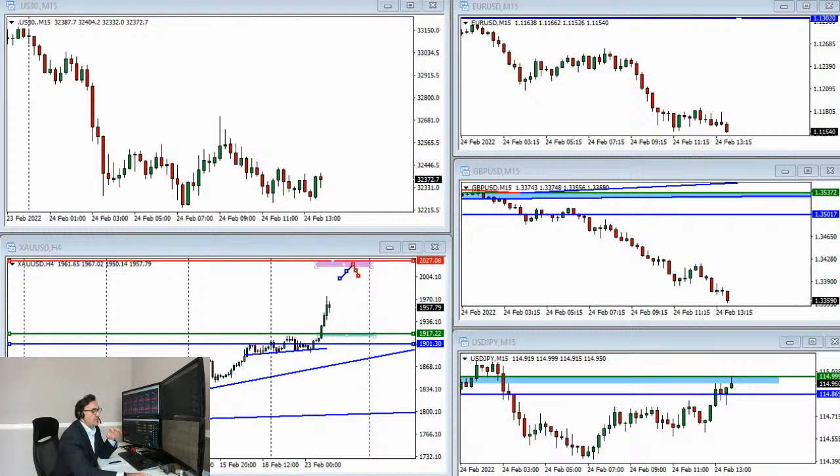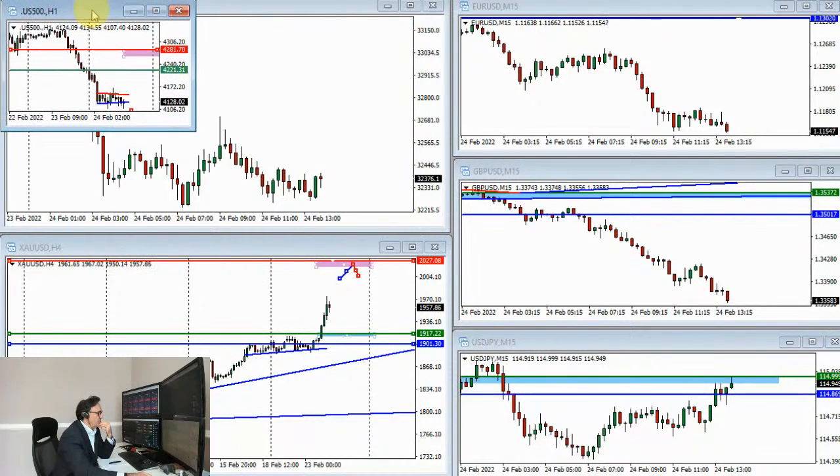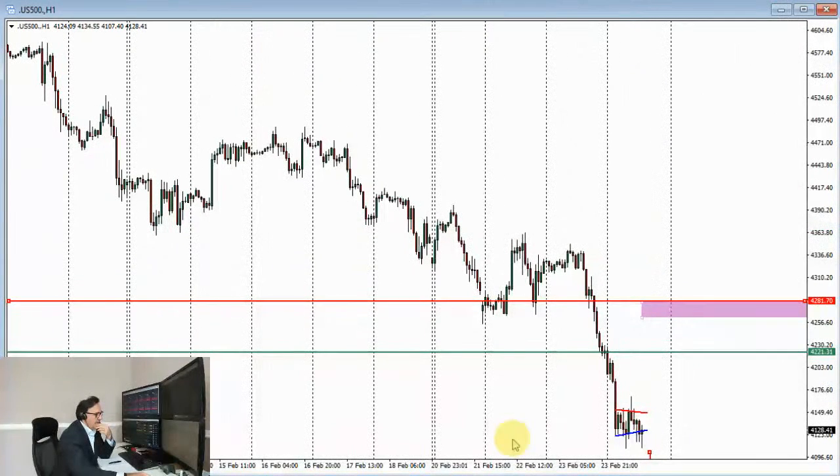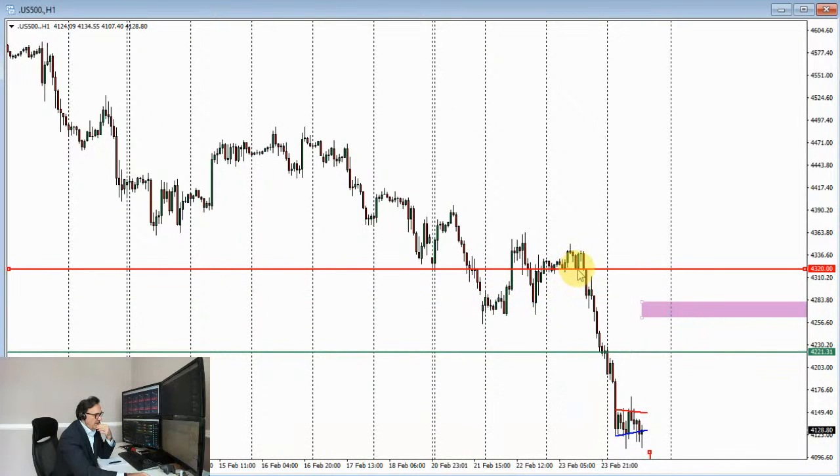I'm pretty much flat at the moment, but I'll go into indices, US indices, very quickly, and I'll show you a few of those. We'll talk about gold, we'll talk about oil, and we will definitely talk about maybe a currency or two, but I'll try and keep this sweet and short again. So first things first, let's talk about S&P, and I'll show you where I am with that one. The area where I got out was, I'll show you that now, up here, 43.